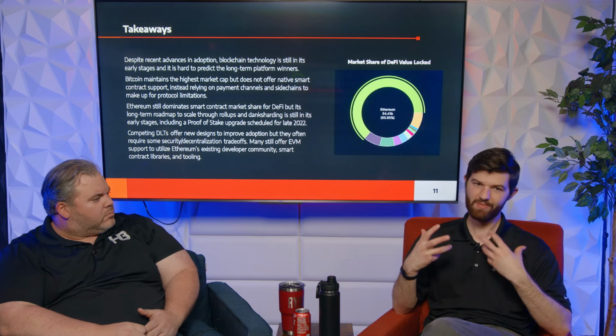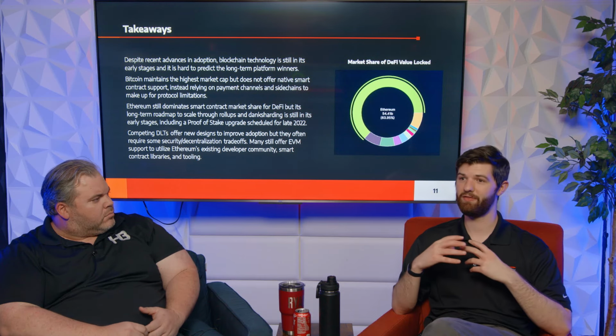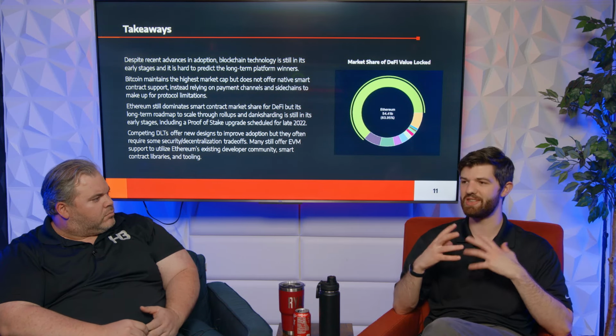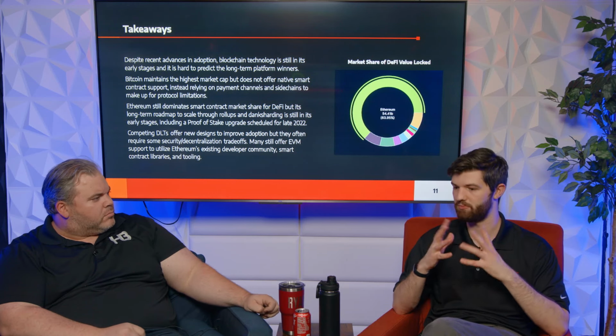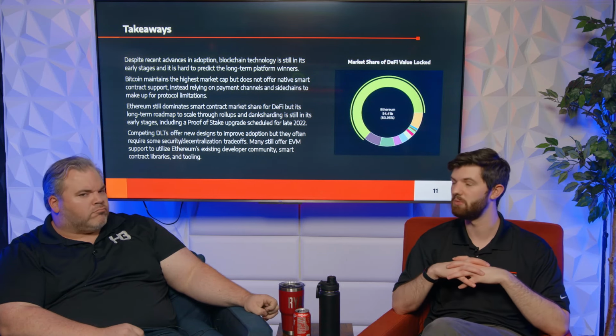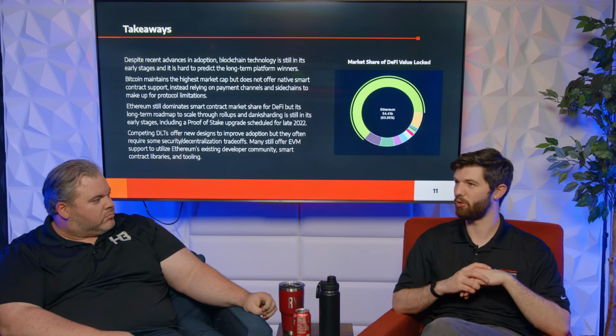So that is to say, my prediction is that the EVM is probably going to continue to be where we build smart contracts regardless. I mean, even Rootstock, which is a sidechain of Bitcoin, is running the EVM for supporting Ethereum smart contracts. So it's going to be an interesting world. That's why I say don't feel bad about learning Solidity if you feel like, oh, there's going to be another protocol out there that'll be better than Ethereum and beat it, and then I'm going to have to relearn a new framework. I bet more than likely they're going to still support Solidity, or at least some form of it.